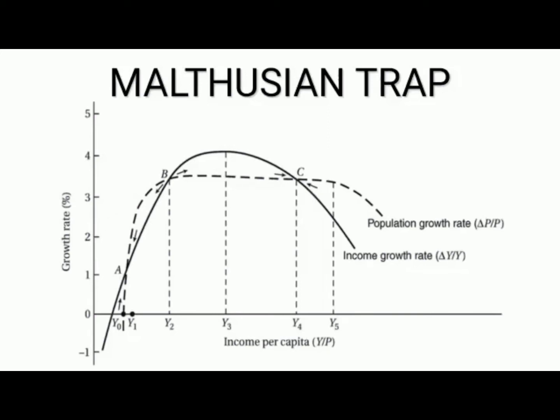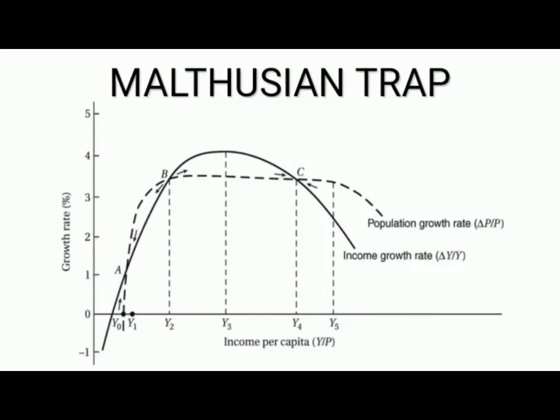During this period at Y0, we can see that the solid line of the income has a higher growth rate than the broken line of the population. Because of this, the economy is growing because there is less population but high production. So, because of that, you can support your population, but as we move toward higher income brackets,